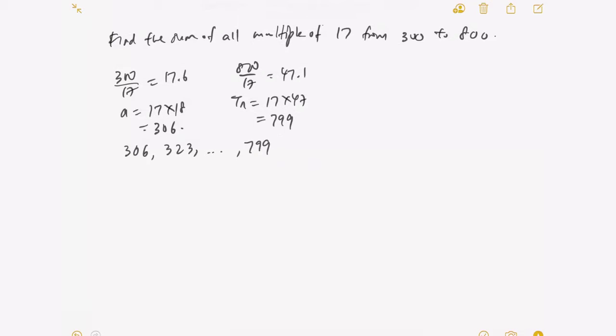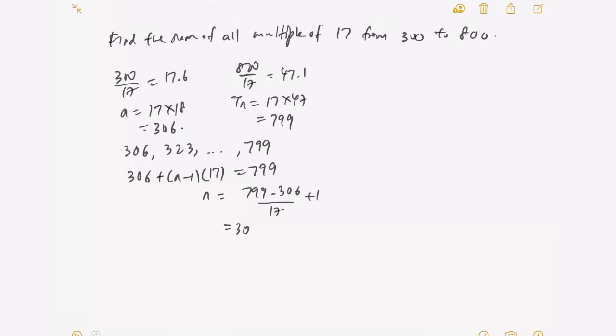So we need to find out how many multiples of 17 you have. So a is this, n minus 1. My common difference is 17. The last term must be 799. So to find n, we take 799 minus 306, divided by 17, plus 1. Just key it in your calculator. My n is 30. So there are altogether 30 multiples of 17